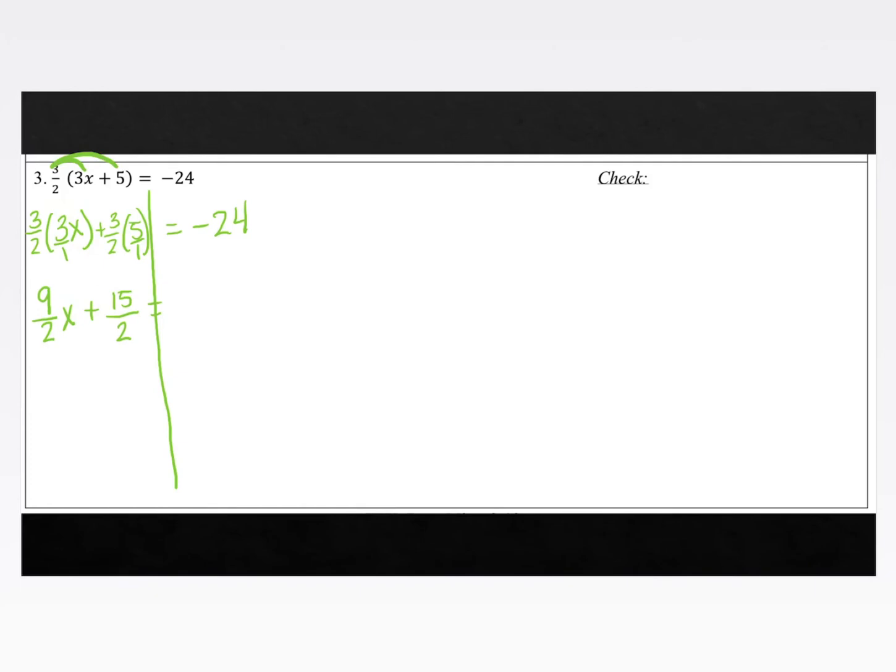So if I think about it, what number over 2 will give me negative 24? So a number divided by 2 should equal negative 24. Now we're going to deal with this a lot more in topic 5 for Algebra 1, but we could cross multiply. So cross multiply means we're going to multiply the denominator with the numerator of one fraction and the denominator with the numerator of the other. So we get